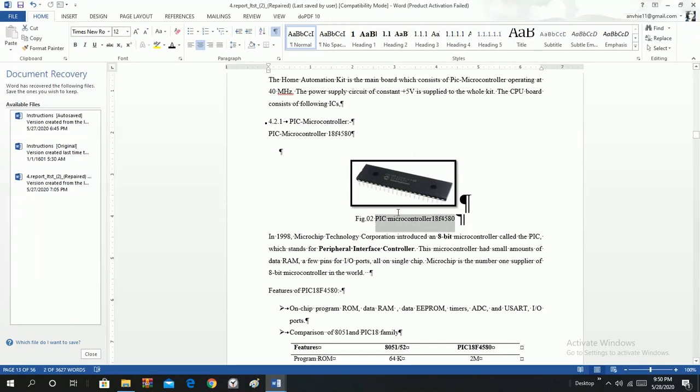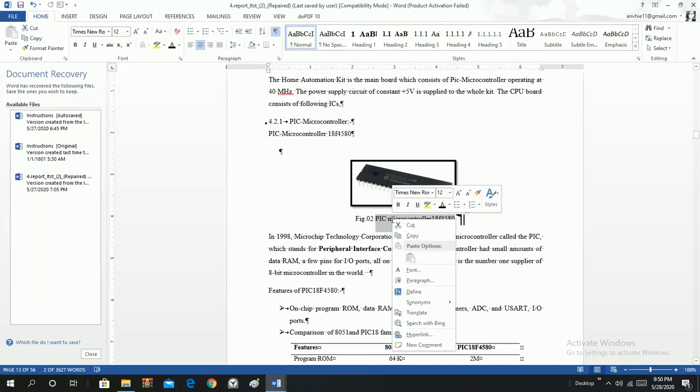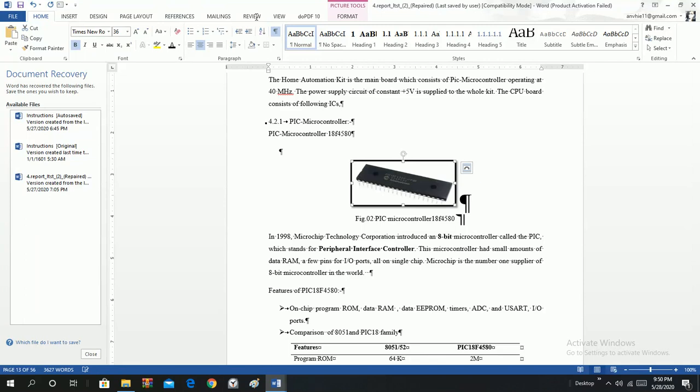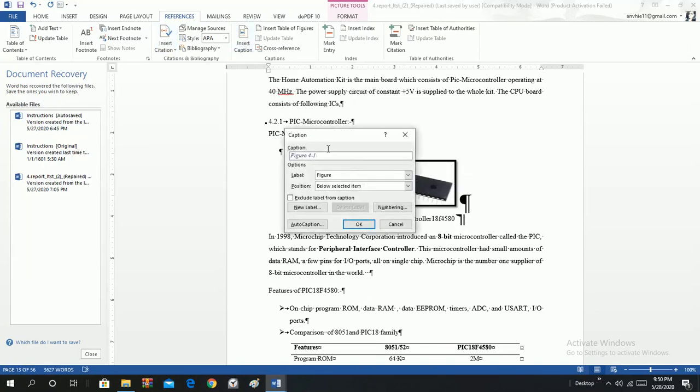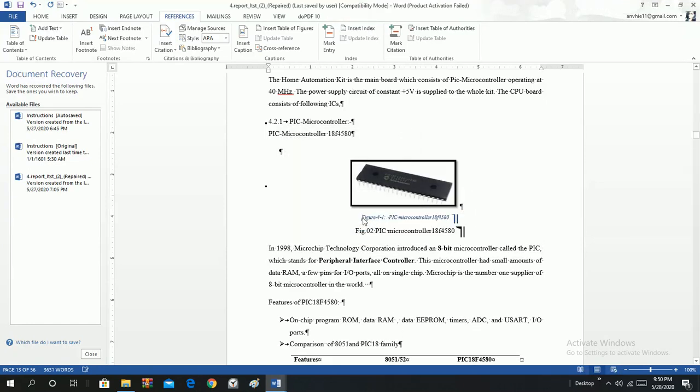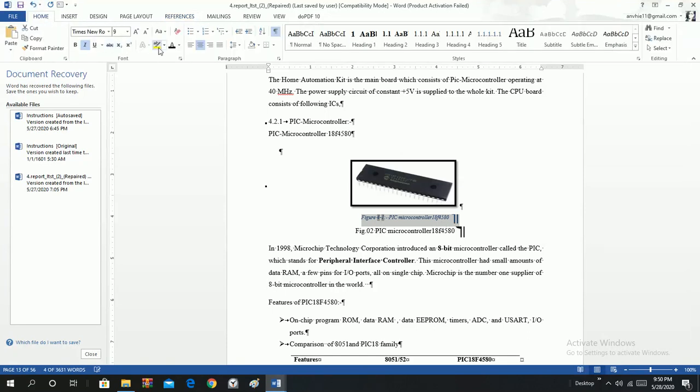Pick microcontroller 1, I'll copy this. Copy, references, insert caption.